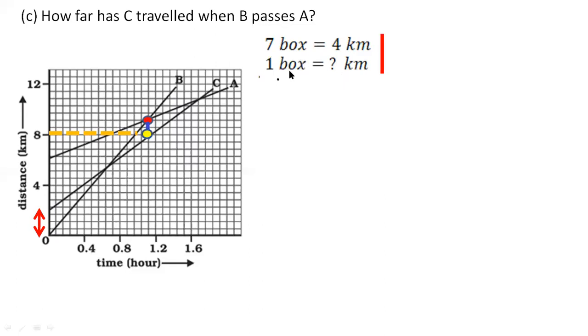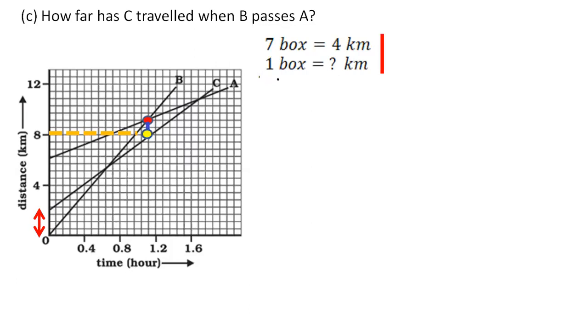Now this is just for understanding. Students who are, let us say, somewhat clever, they can do one thing. They can directly calculate for 4 boxes from this position. Means 7 boxes for 4 kilometers, then for 4 boxes how much? They can directly do that step. That is up to you. I have calculated for 1 box so that even an average student can understand this.